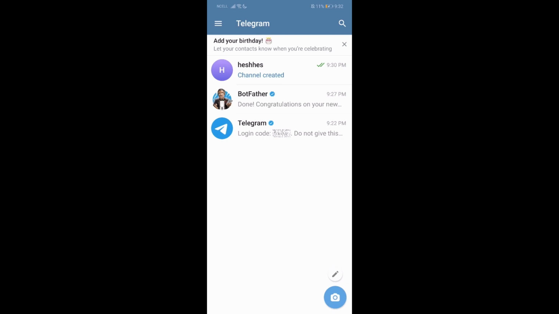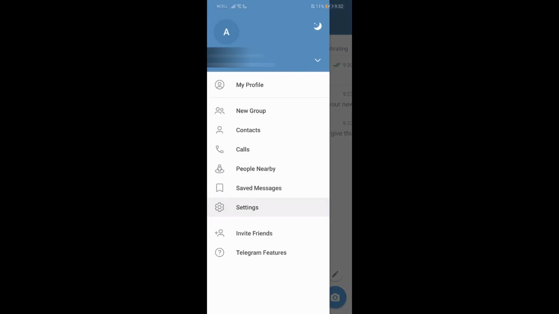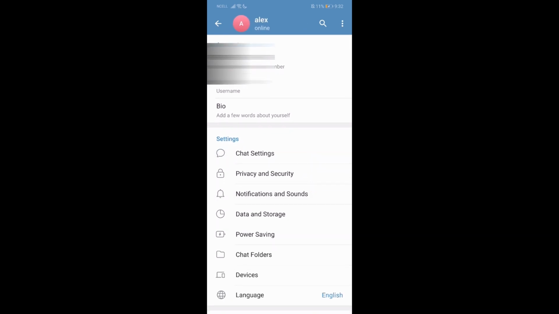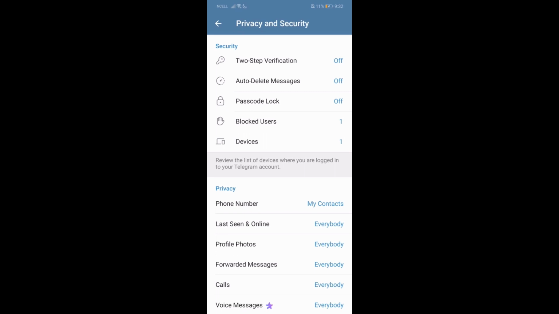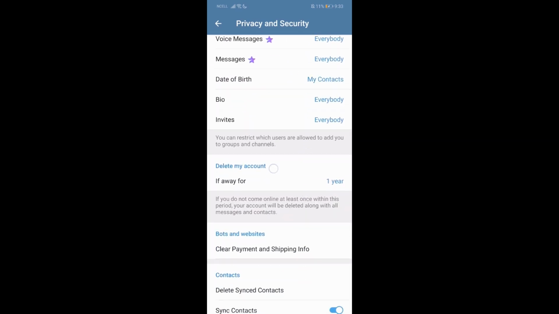So firstly, what you need to do is just go to your Telegram app and then go to these three lines on your top left corner, and then go to settings. Once you are in the settings, scroll a bit and you will find this Privacy and Security option, which is just below chat settings. Just go over here and scroll down a bit. Over here you'll find this delete my account option. Just press over here